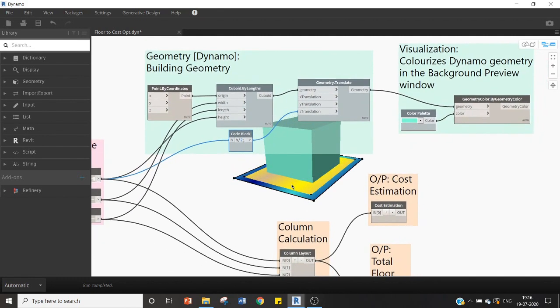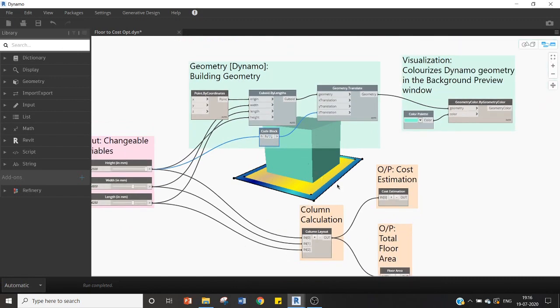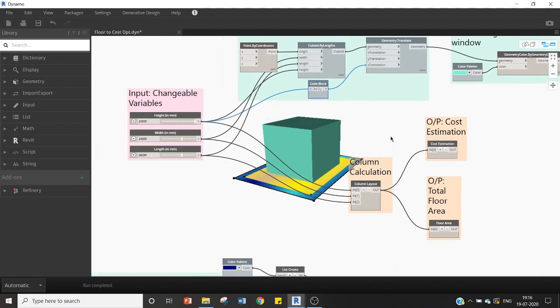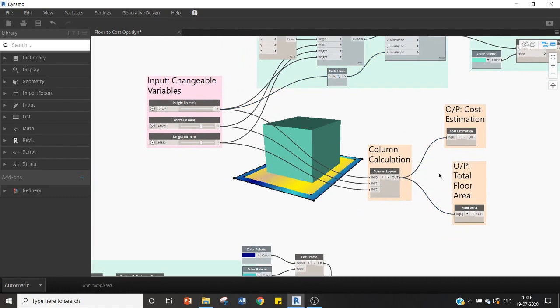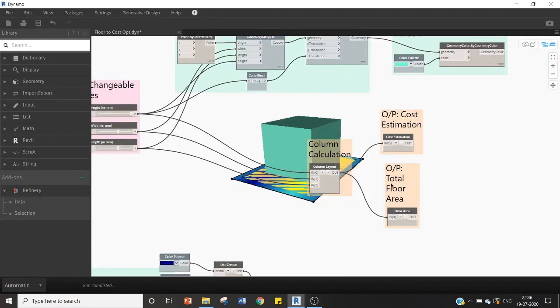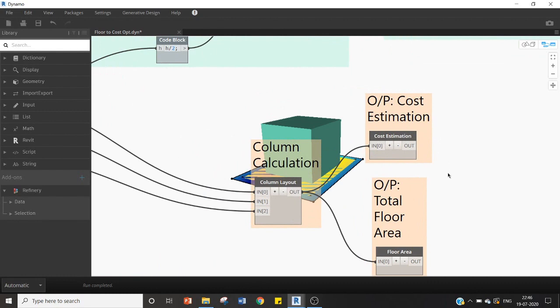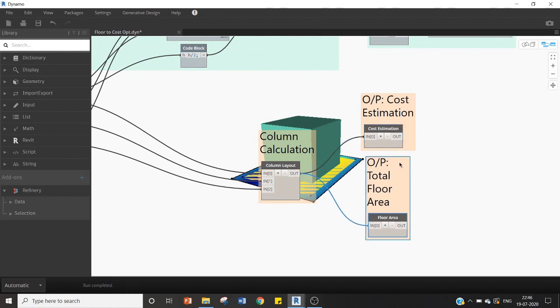So once all of this visualization is done, let's go to the main part of this project, which is the cost estimation and total floor area and how we got to these outputs. So let's get to the main part of this project, which is getting the cost estimation and the total floor area. So for this cost estimation, I need some data like the length, breadth, and width of the building, the